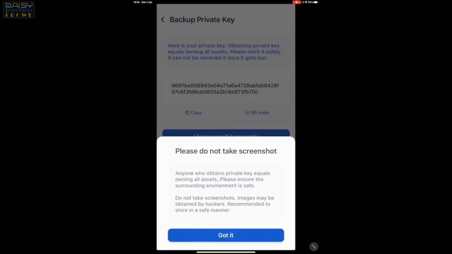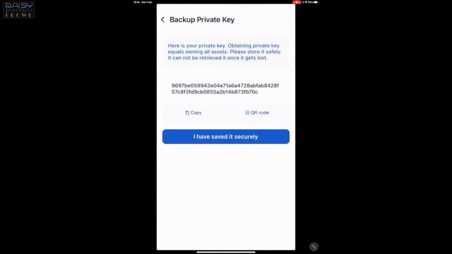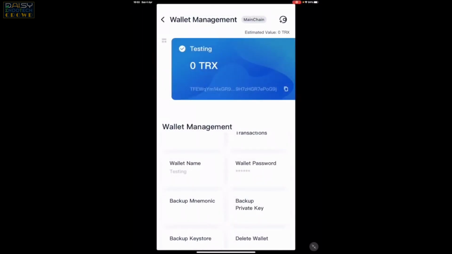If you forgot your password of TronLink, if you lost your phone, if you accidentally deleted the wallet, without the private keys, you may never be able to access your wallet or your funds ever again. So please ensure to write this down and keep it securely. Now, once you've done this, you have now secured your wallet to one level. At the end of this, we're going to direct you to a video that will help you add an additional layer of security. But for now, the next step is to get funds into your TronLink wallet so you can